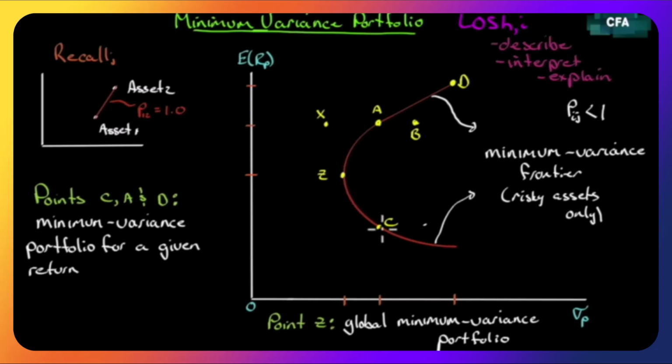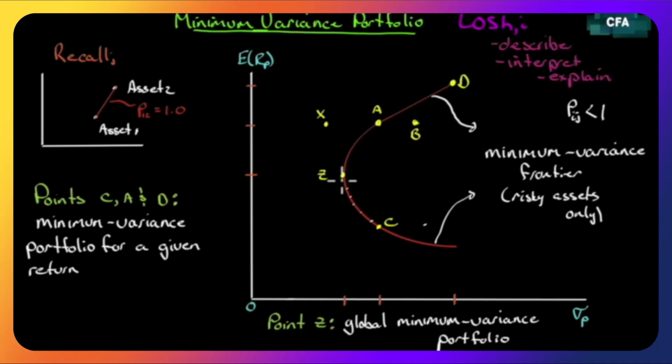So that's the best we can do as far as minimum variance. Now, as we move from C to D, this point where we hit the minimum, this point Z, has a name as well. It's called the global minimum variance portfolio. There are an infinite number of portfolios along this frontier. You can pick one here, here, here, on and on. There'll be a point where you cannot get your variance any lower. You cannot increase your return without increasing your risk. That is called the global minimum variance portfolio. Great. Points C, A, D over here are minimum variance portfolios for a given return. Z is the global minimum variance portfolio.